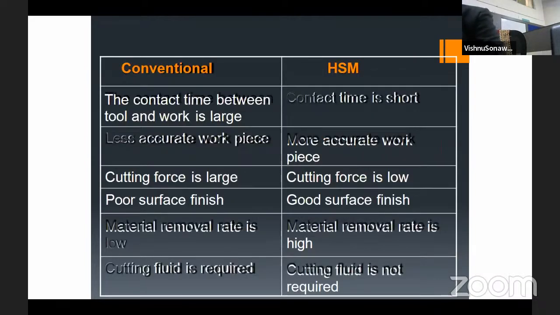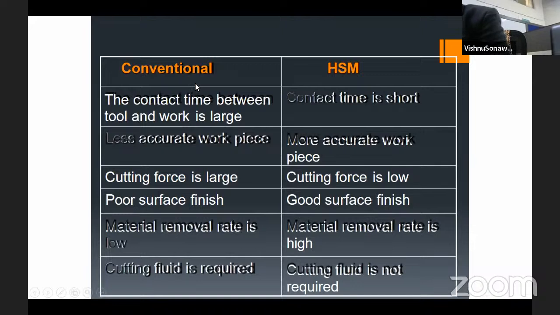And what is the comparison of conventional machining and high-speed machining? Right, the contact time between the cutting tool and the workpiece is large in case of conventional machining, but in high-speed machining, the contact time between the workpiece and the cutting tool material is short, and hence due to this reason, here